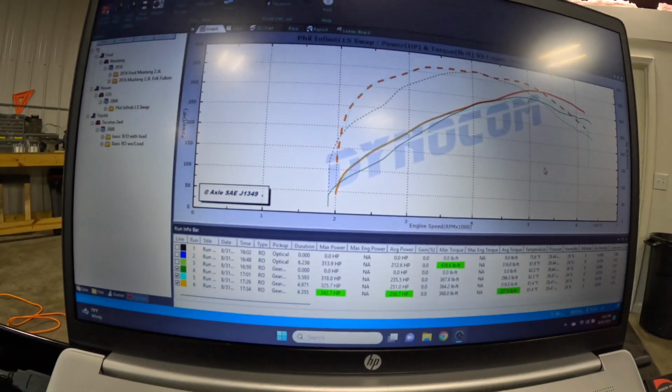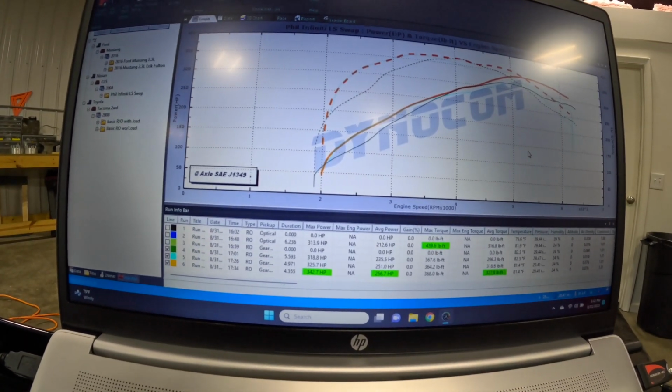It's on SAE right now, and in standard it read at 355. Our plan was to put it on the other dyno, the chassis dyno that we have, and see what the numbers difference would be. But since Price won't be there with us, and we can't lock the converter in third on the chassis dyno, it wouldn't make sense to. So we're probably just gonna only dyno it here on the hub dyno,